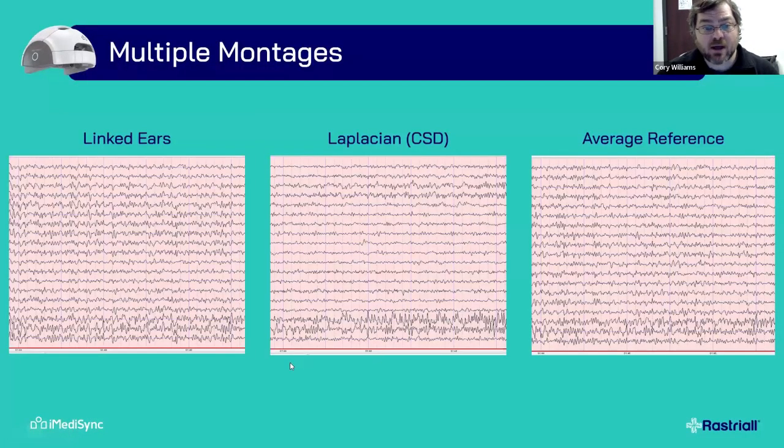Like I said, we can look at different montages. So this is the same brain, the same time signature in 3 different montages. And each one gives you different information. Now, we don't need to get into the specifics of why one versus the other. I mean, this is a class in and of itself, but just know that there are different ways that we can organize the data, and each way that we organize it shows us a little bit more information, tells us a little bit more about the brain. And that's what we want. That's why we do these assessments, so that we can learn as much as we can about how our client's brain is functioning.